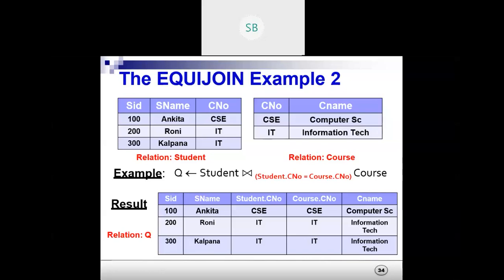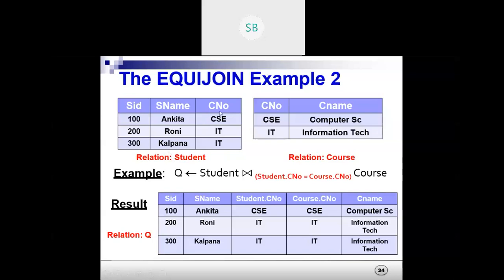Okay. In equijoin, we need equal values, that is, the same value should be there. You can see the condition is that student.course number, from the student table, should be equal to course.course number.